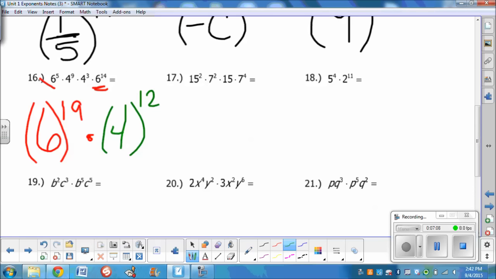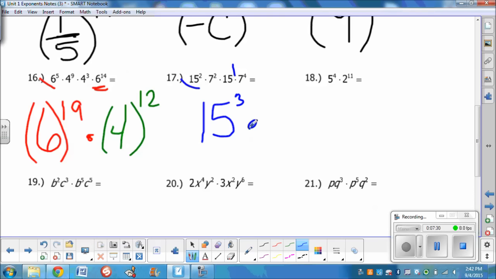17, same thing. Okay, 2 different bases, that's okay. That exponent to that 15 is 1. So 15, we have 2 of them. Then we have 1 more. So that gives me 15 to the 3rd times,